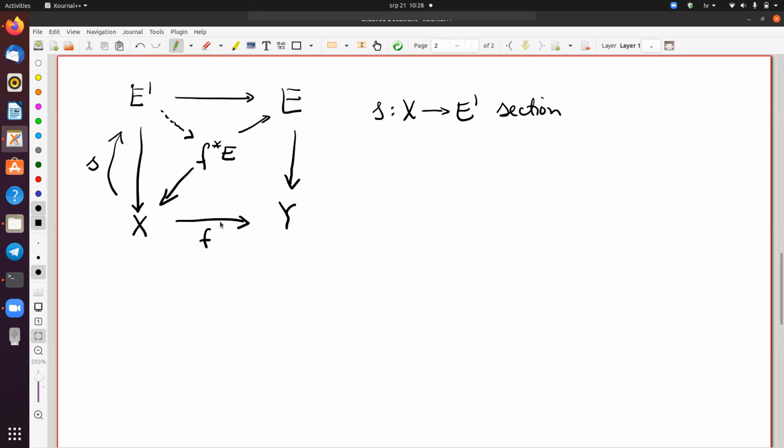And so F, and here I will say F tilde. It's not determined by F, but it's some map such that the external square is commutative, and it's a continuous map. So it's a continuous map of étale spaces, but of étale spaces over different spaces. We say that F tilde is over F. So these are the kinds of maps we want. They're not anymore in the slice category. So S from X to E prime is a section, and then, of course, it must be that F tilde